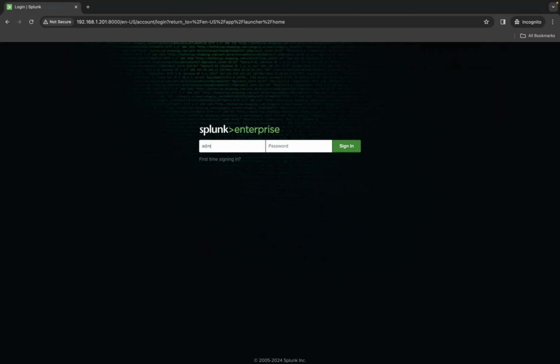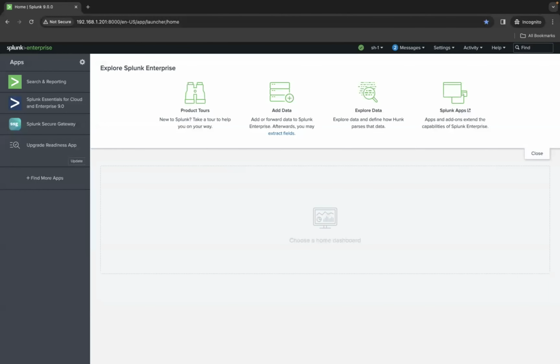So this was my user admin, and then my password, whatever password you set, you just need to enter it and log into this page. Once you log in, this is the first page that you see, and on this page we have this default loading interface, and on the left side we have apps